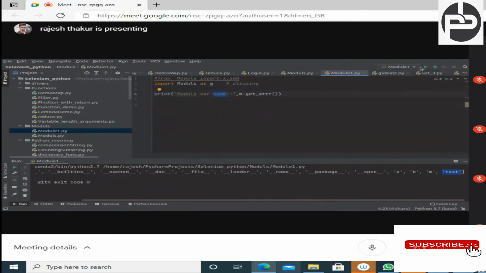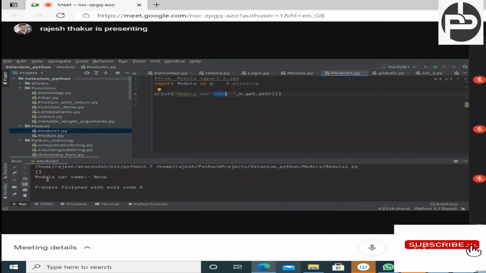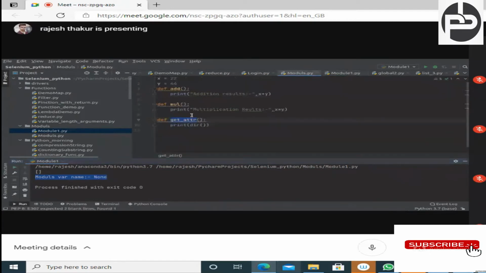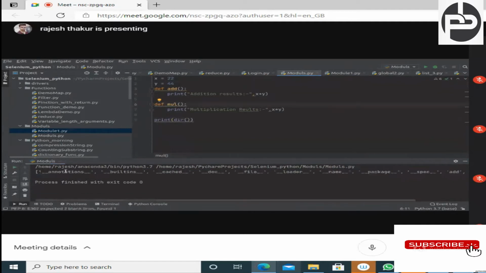what module variables are available inside the modules file. And if I execute this, okay, so the module name, it is returning me none. It is not giving any kind of thing. Can you see this? It is not returning anything. Why is it not returning anything? Because this dir method, if you are calling it from the other method, the other file, it will not return anything. It will return only in this file. Means what I'm trying to say, just try to understand. So I'm going to remove this, and I am writing here print and dir, and now if I execute this function, then it is returning me all those things.